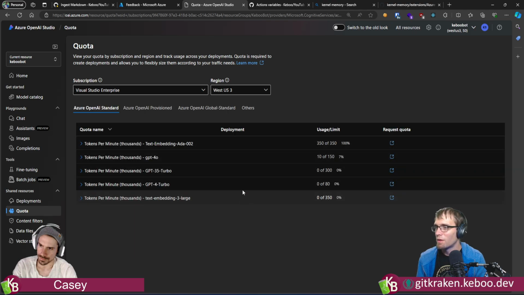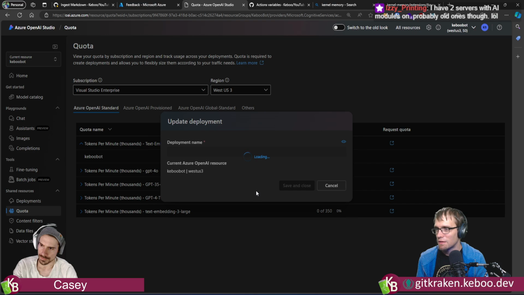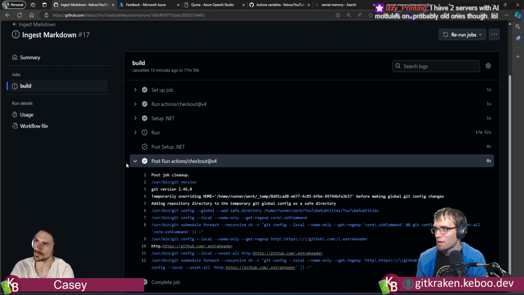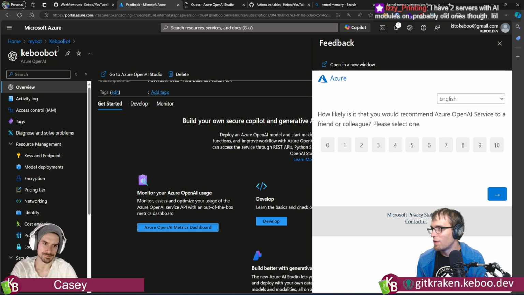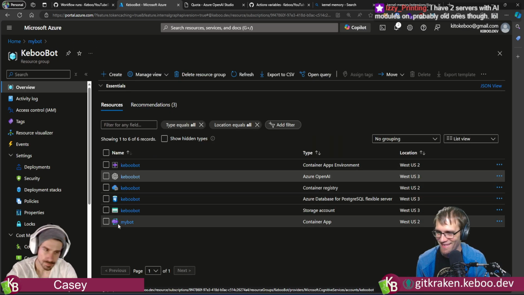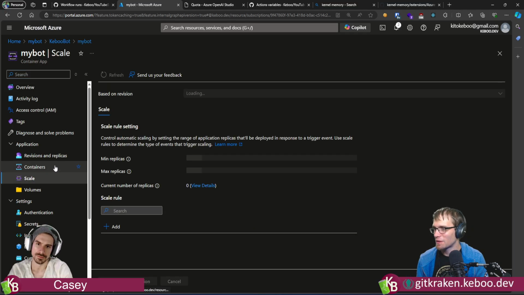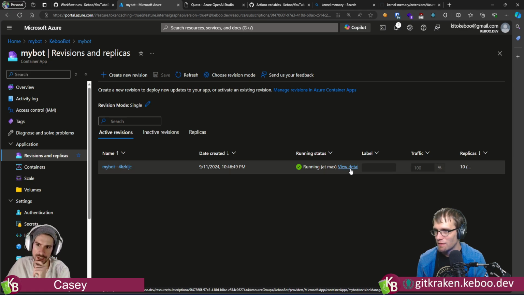Okay, so I am curious. In generating these embeddings, we canceled this one, right? Yeah. So here's the problem, Casey. I don't know how to tell it to stop. For example, I could dial the sucker down. Yeah, you dial it to 0, kill it off. But then you have to go clear the queue. Queues?